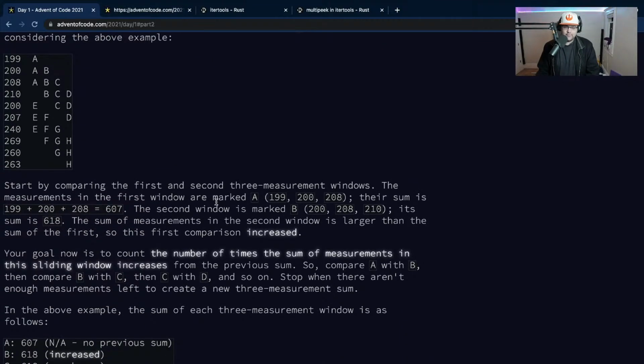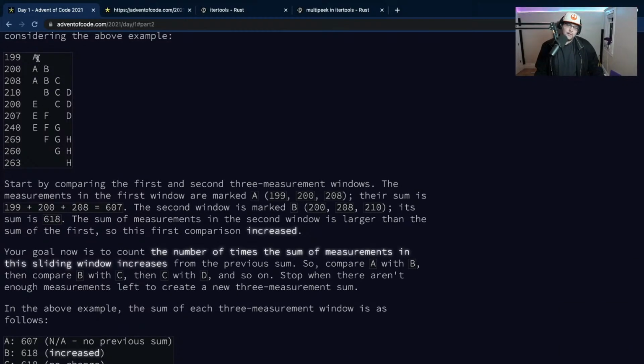The measurements in the first window are marked A: 199, 200, 208. Their sum is 199 plus 200 plus 208 equals 607. The second window is marked B: 200, 208, 210. Sum is 618. The sum of the measurements in the second window is larger than the sum in the first, so the first comparison increased.